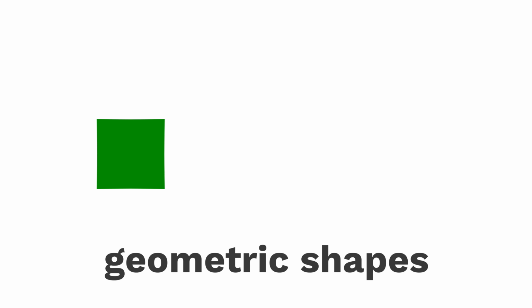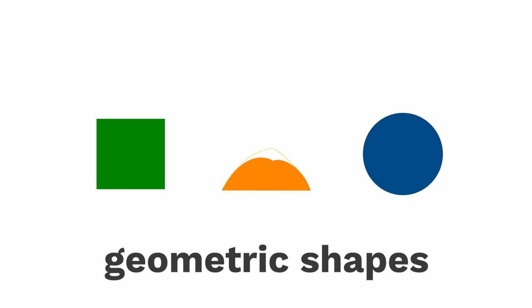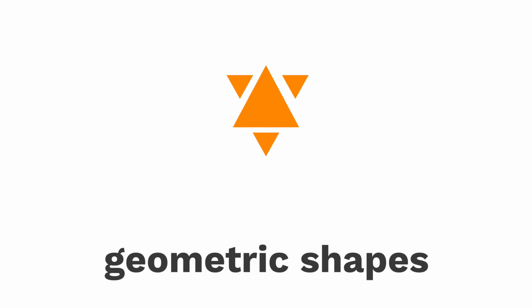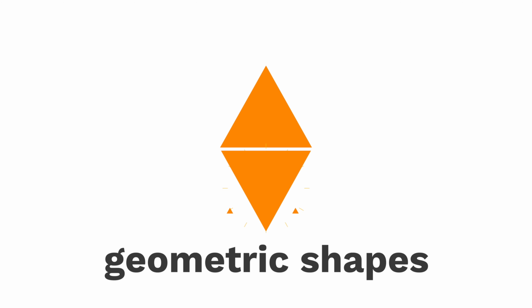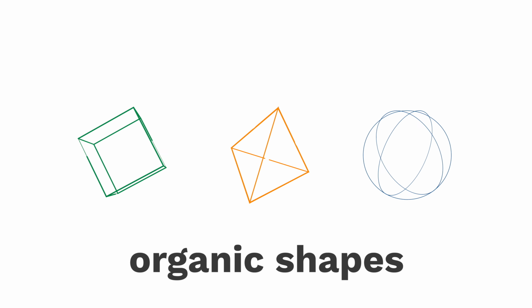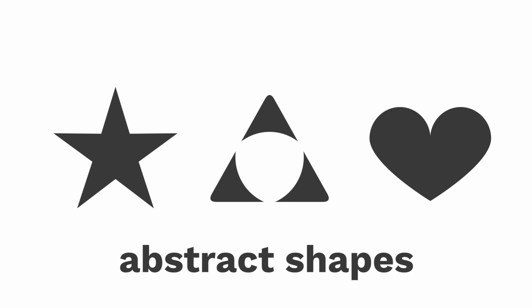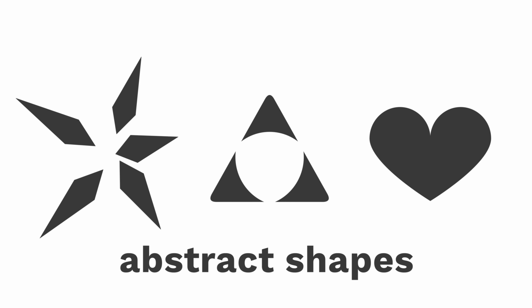Geometric shapes are squares, triangles, and circles. And what's unique about these shapes is that you can combine shapes to make other shapes like diamonds and rectangles. Organic shapes are natural shapes like a box, pyramid, or a planet. Unlike your abstract shapes that are not natural shapes such as symbols and icons,